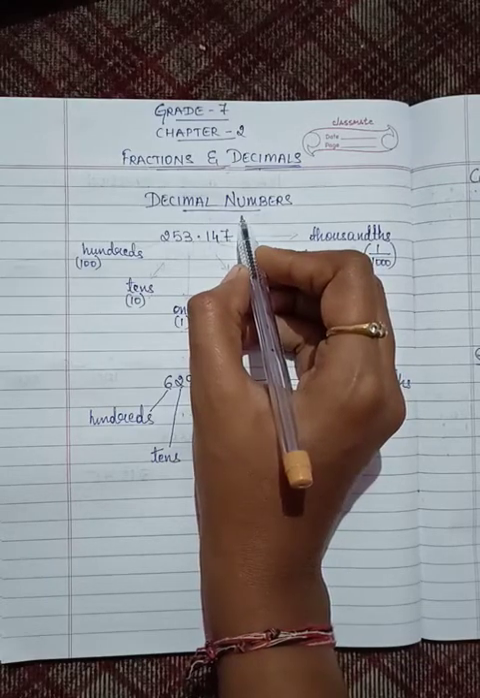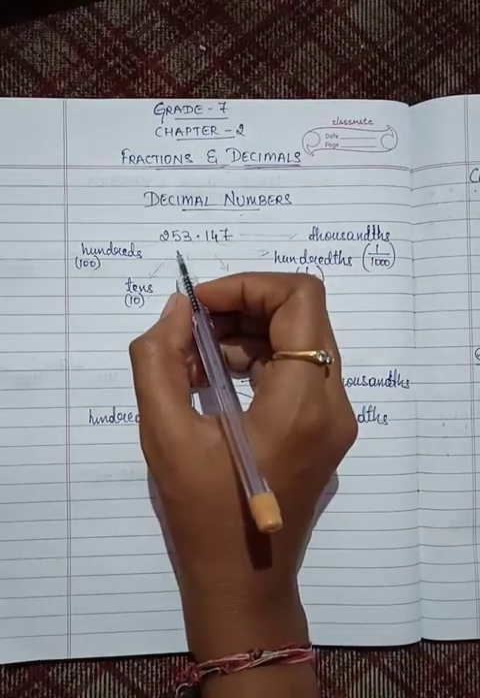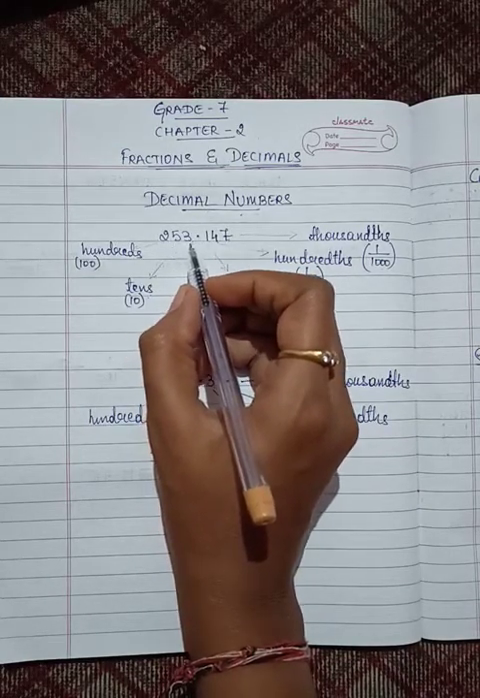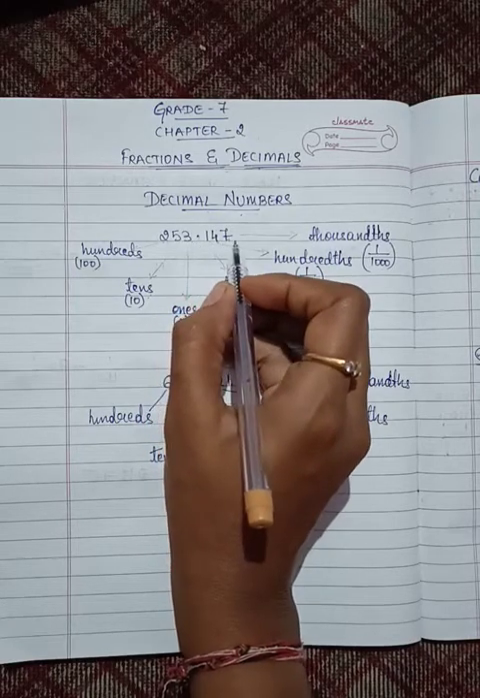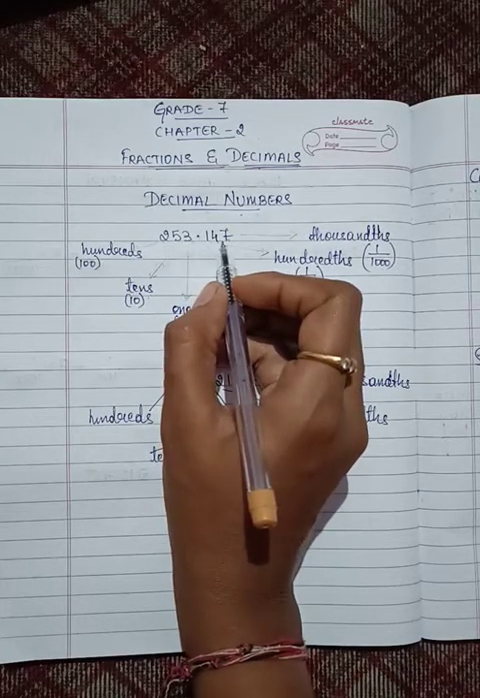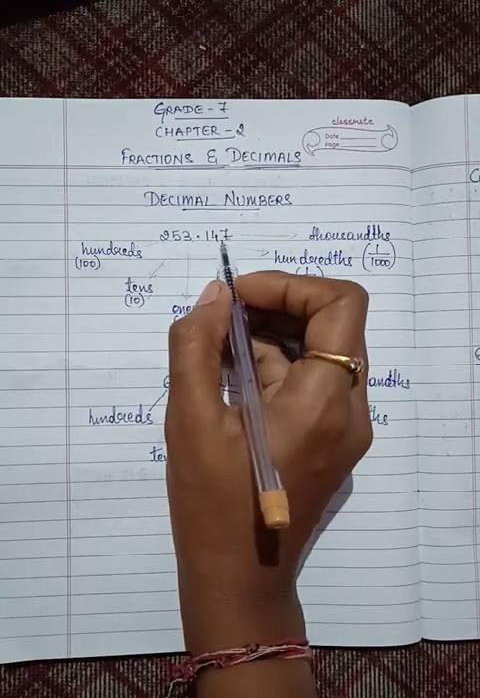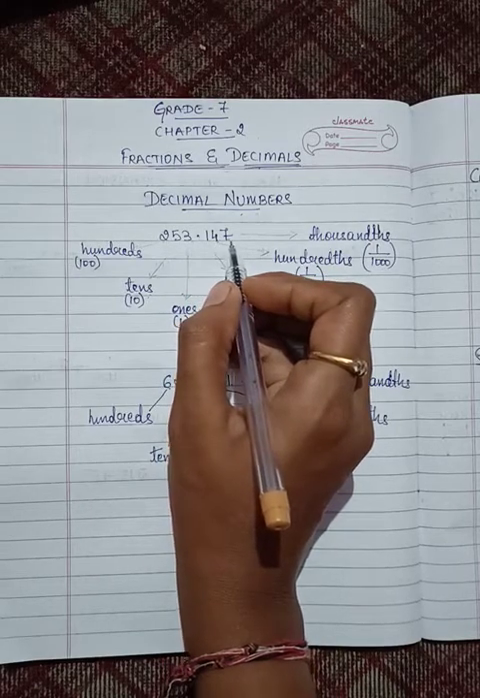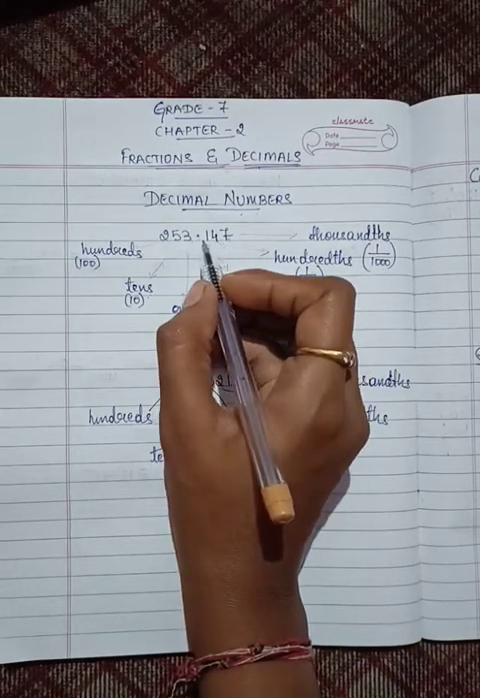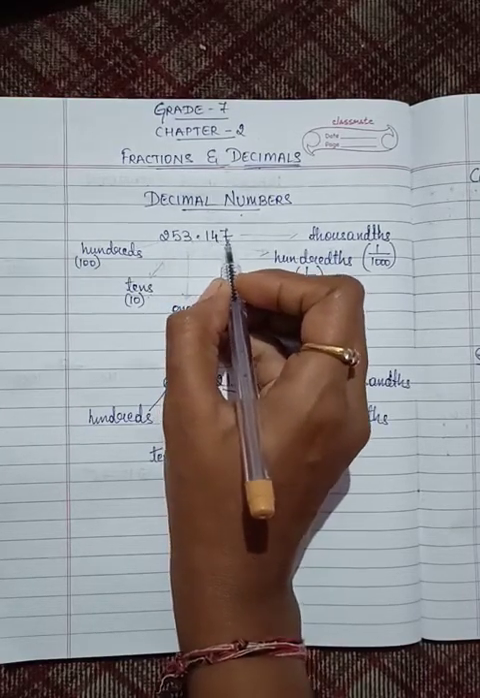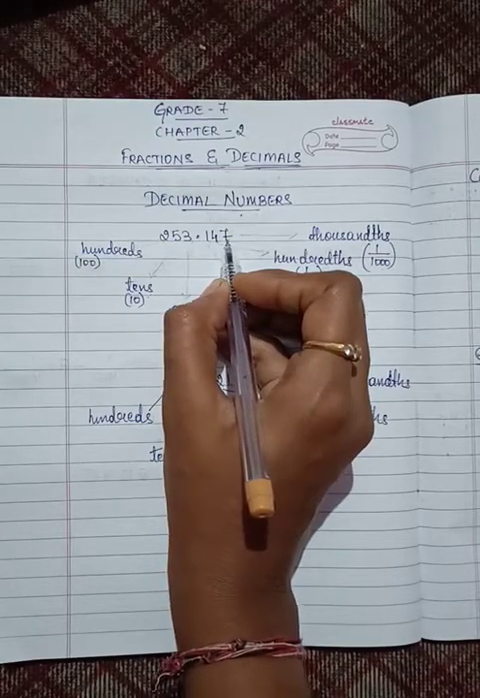How do we read such numbers? For example, a number is 253.147. After the decimal point, we have to read out the numbers individually, which means we should not call it as 147. It is wrong. Instead of that, we need to read it out as 0.147. This is the correct method. I repeat again,